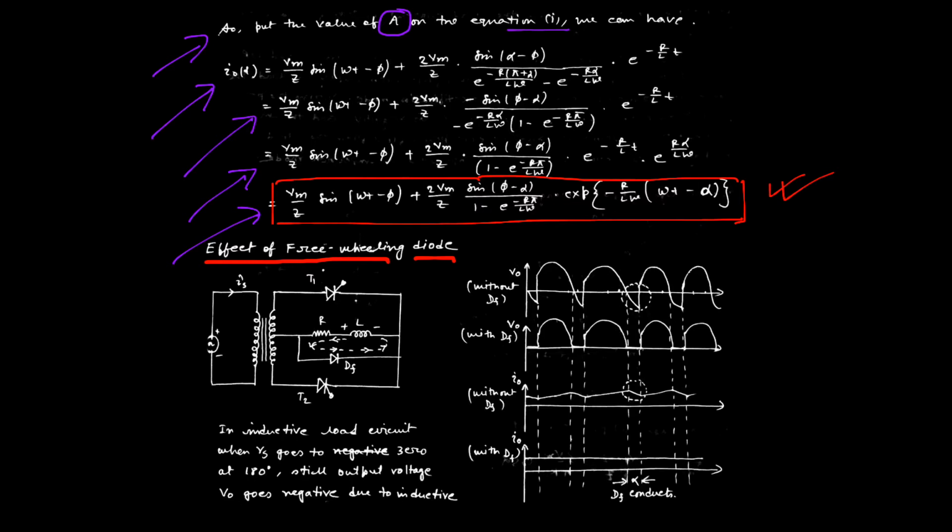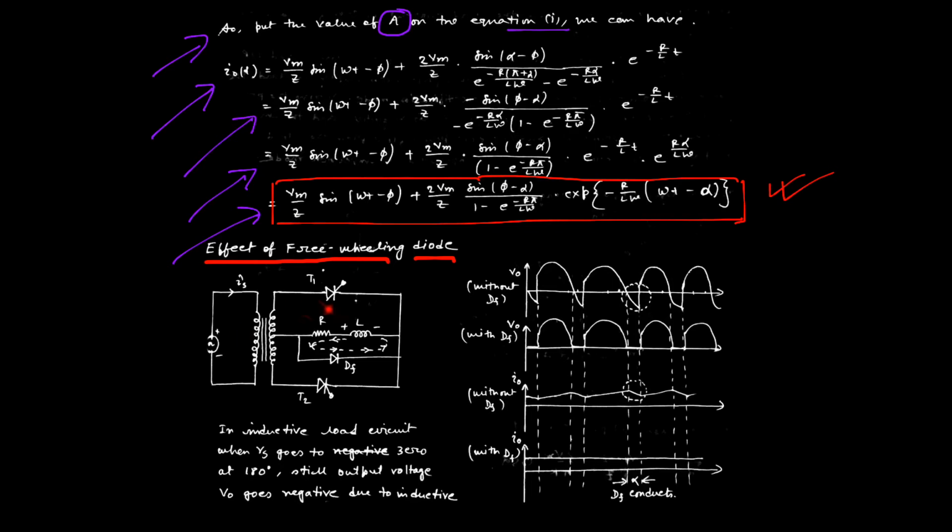As well as in the case of fourth quadrant operation during discharging of the inductor, the inductive current is fed back to the supply, meaning current starts flowing from load to supply. As the inductive current nature is lagging power factor, the input power factor will be affected, and it will be more lagged due to the presence of inductive current. So in both cases, the overall efficiency of the rectifier is reduced in nature. That can be overcome by using a freewheeling diode, which is depicted in this figure.